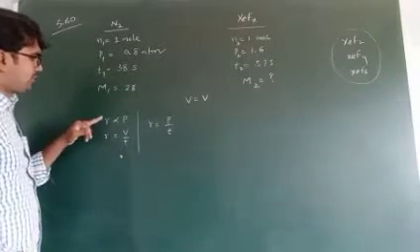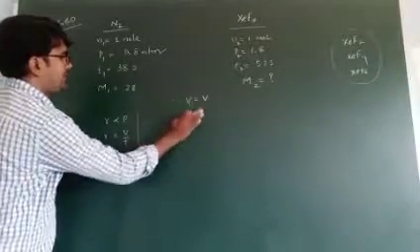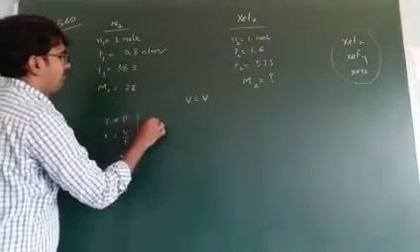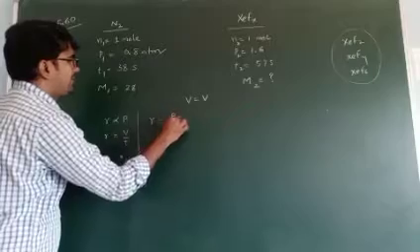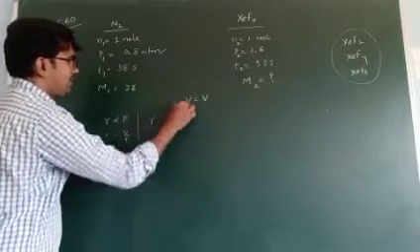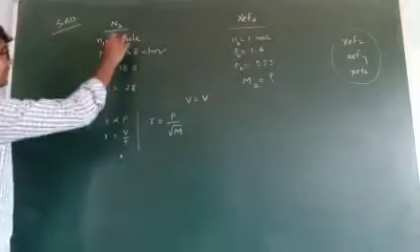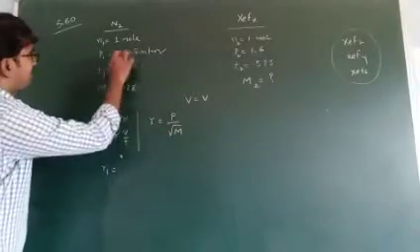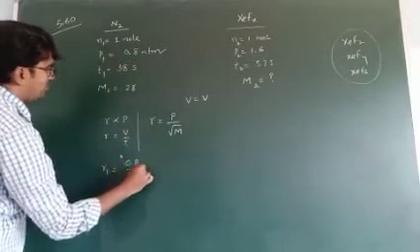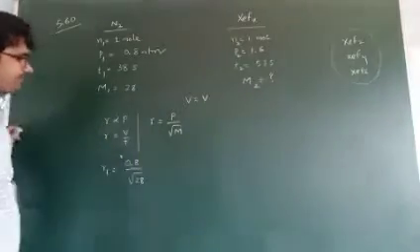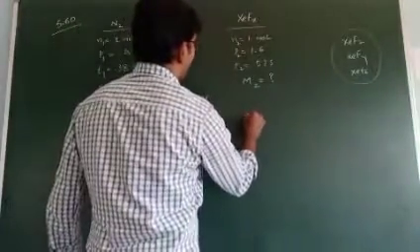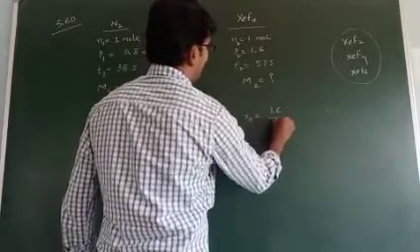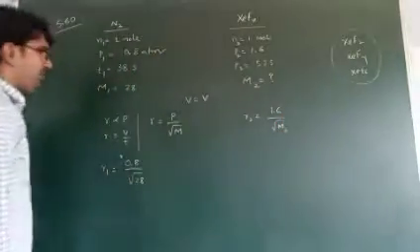See here, actually R is proportional to P, R is equal to V by T. I think no need to write this one, volume is same here. Then what is the relation for pressure and molecular weight? R is equal to P by root over M. We know that. So for first part write this one. R1 is equal to P by root M, that is 0.8 by root 28. For this one, R2 is equal to 1.6 by root M2. This is unknown value.